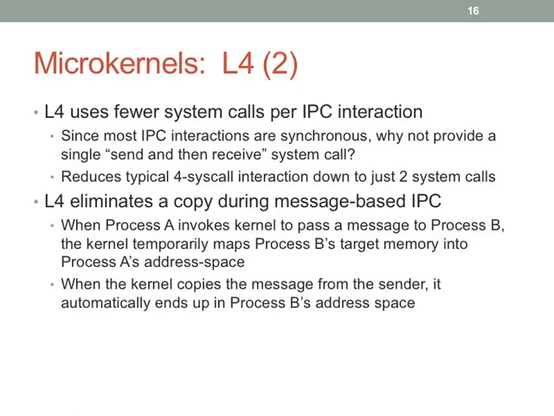L4 basically always did copy. This is really crazy to me. Previously, if we were trying to send a message, I'd copy that into the kernel, and then map that kernel page into the receiver's address space. Why don't I just map the receiver address space into the sender and copy straight into the receiver? So now the kernel's not even involved, really. I mean, it's orchestrating the interaction, but it doesn't need to manage the buffer pages at all. So it just copies directly from process A to process B. That's pretty clever.